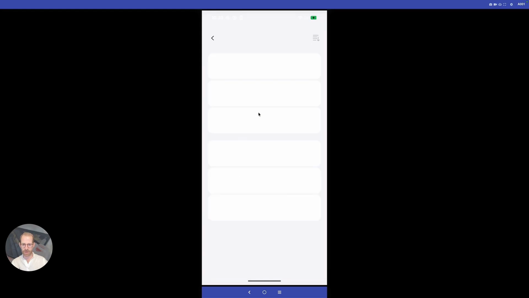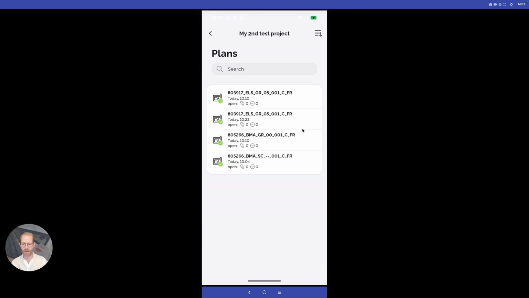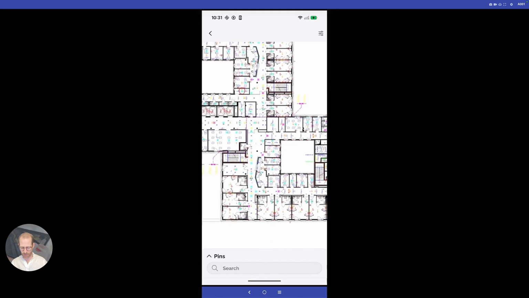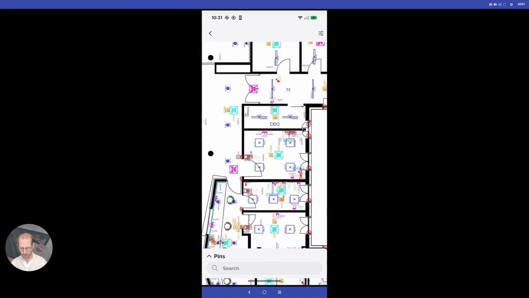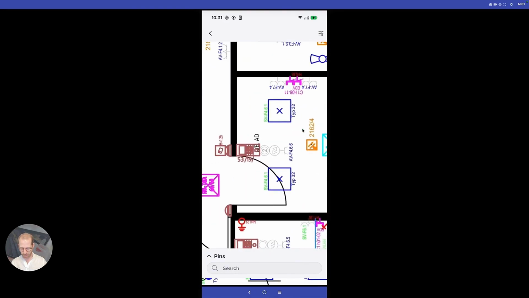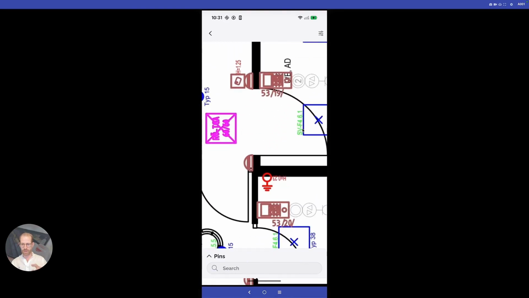If you now tap on the project on your mobile device, you'll see all the plans. I'm going to open a plan here now. You can now zoom in and out of the plan here using 2 fingers like this. And now we can already start documenting. Begin. So if we zoom in here, for example, to this door here, and if you now press and hold